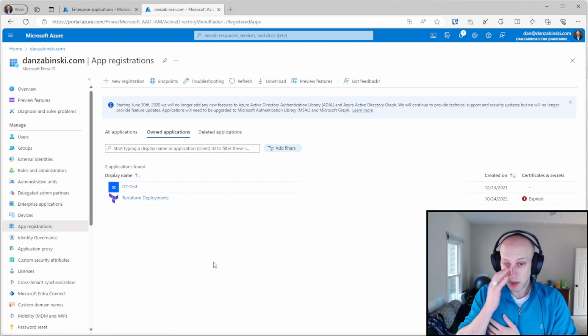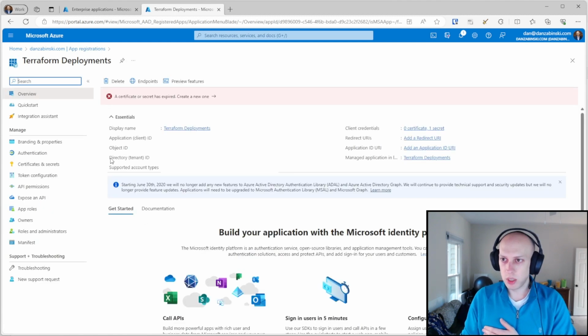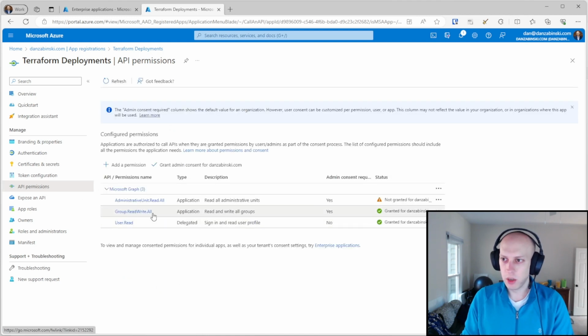Now, if you own the application, like these are two applications that I own and I created, you set that information. You've got your branding screen, you set the icon, the name, you can specify some of this back-end metadata. You can also go and define what permissions in your Entra tenant this app needs. Now, that's a little bit different